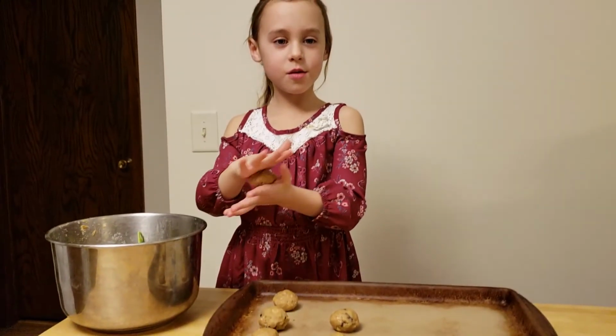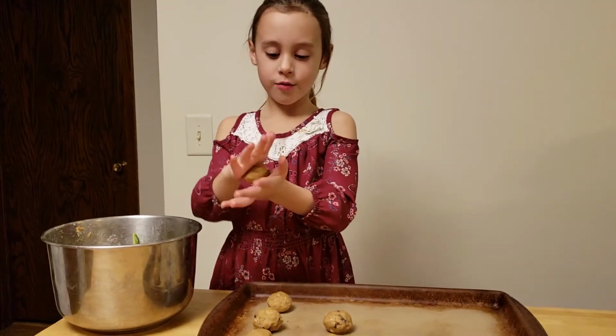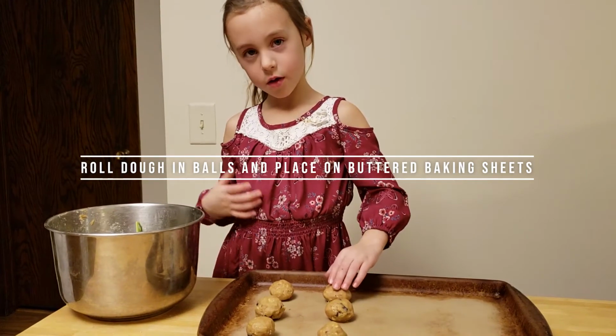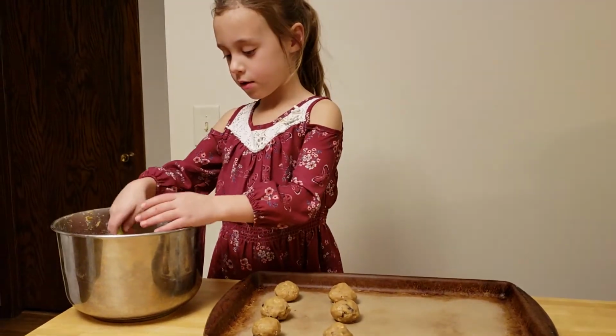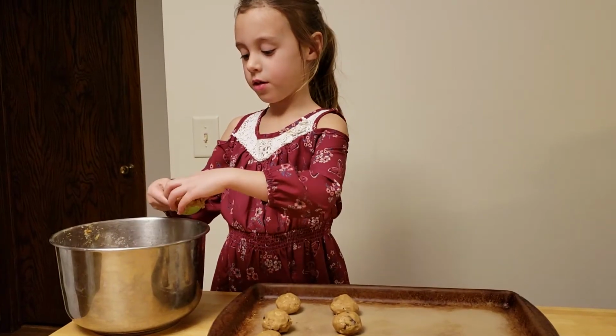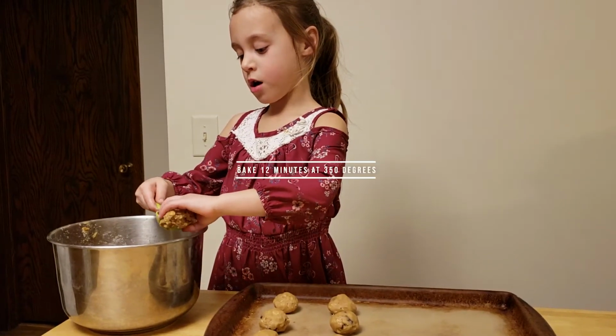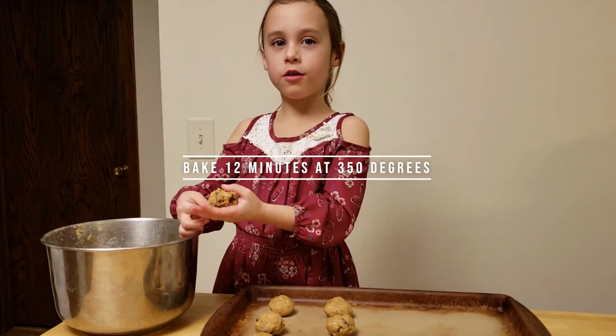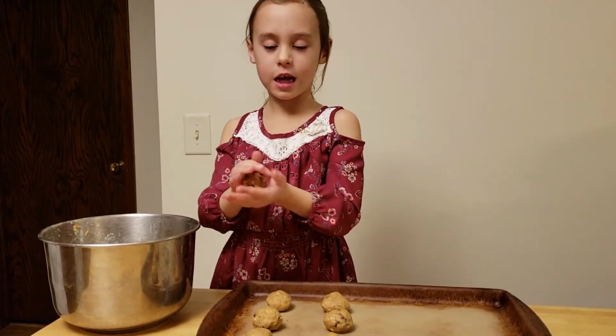We got these out of the refrigerator and we're rolling them into balls and bake them for 12 minutes at 350 degrees. All right, we got our cookies out of the oven. We moved them to this cooling rack,